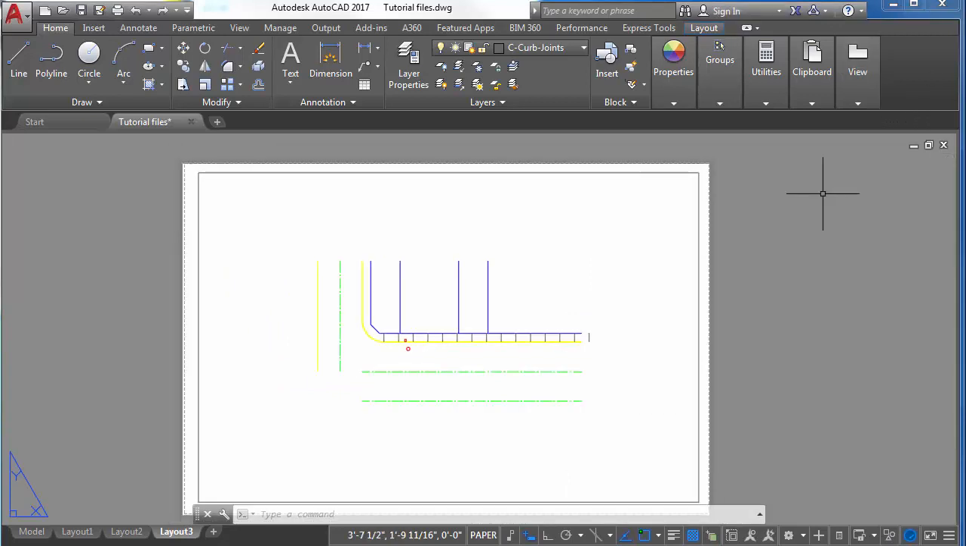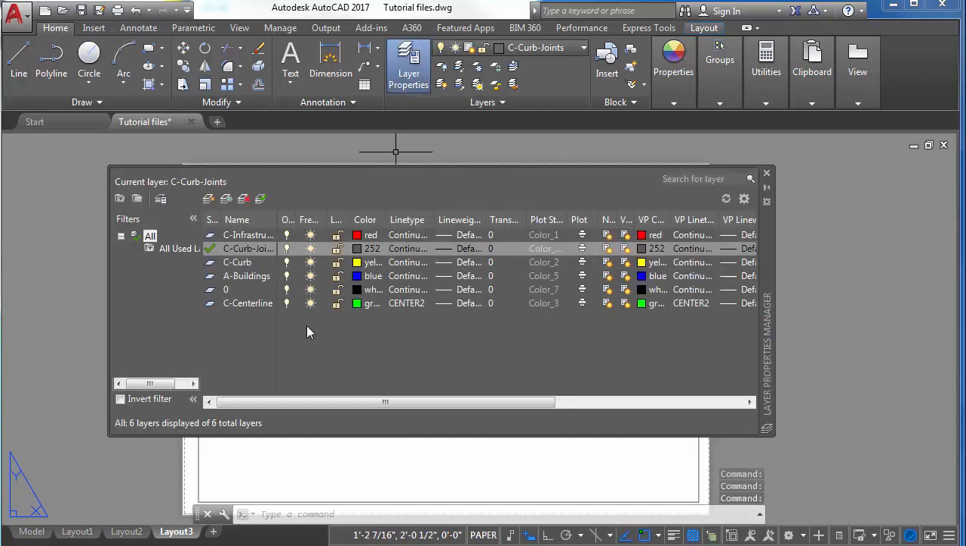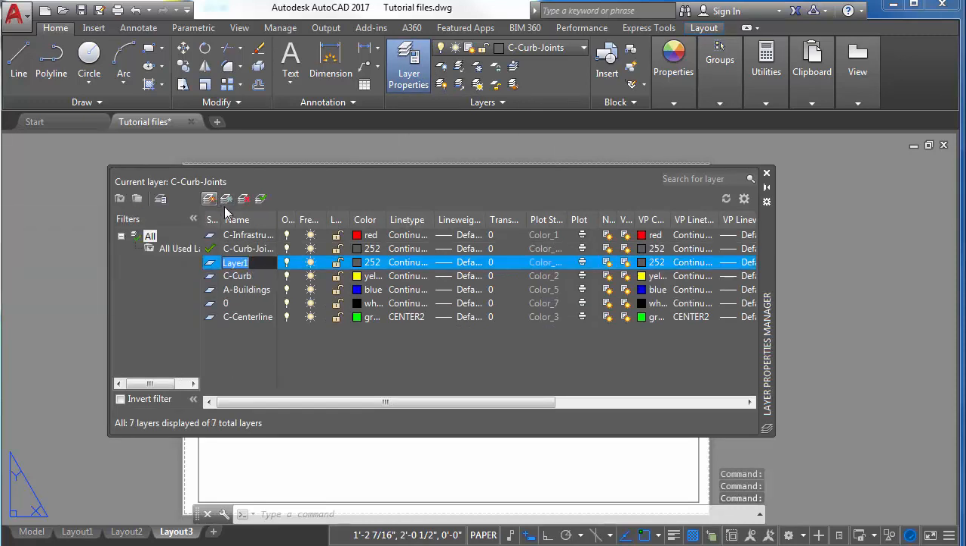The viewport is actually a piece of geometry, and if you print it as this, it will create a border around your image. We want to get rid of that. To do so, we're going to go to the Layer Properties Manager, create a new layer, name your new layer Z-Viewport,